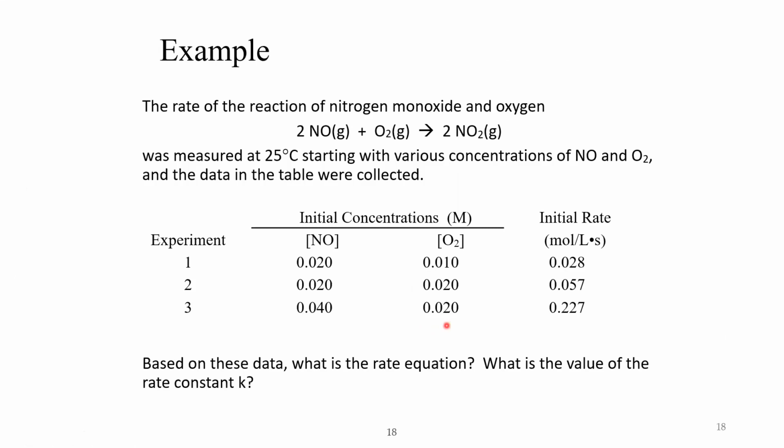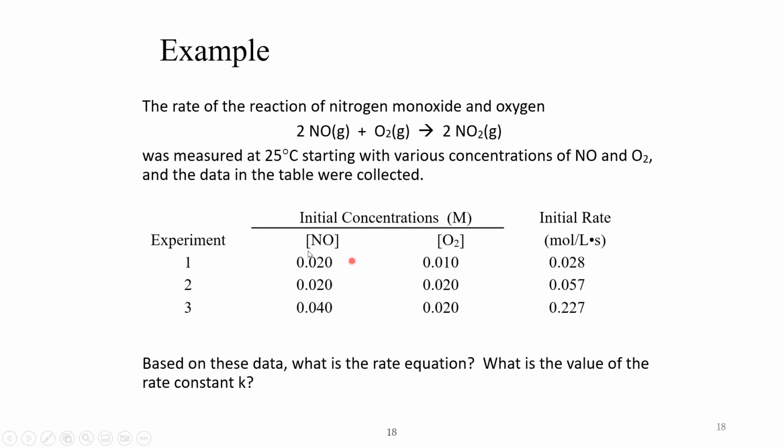And then with another reaction, if you want to try to practice with this one, see what you can get there, definitely take a moment to pause it. But again, what we want to do is identify and keep the concentration of one of these reactants the same, so we can see how a change in the concentration of oxygen, for instance, is going to affect the rate. So for this one, if we look at trials 1 and 2,